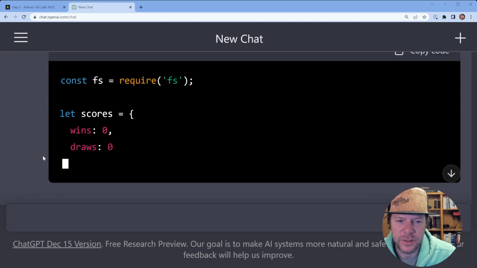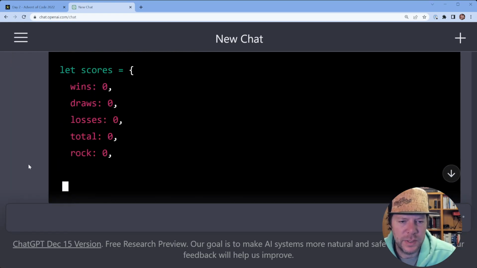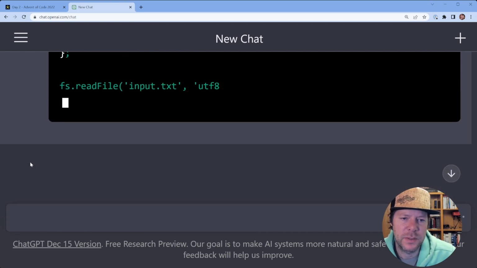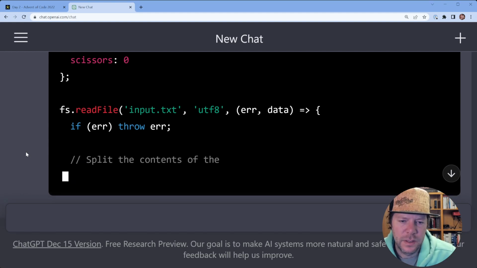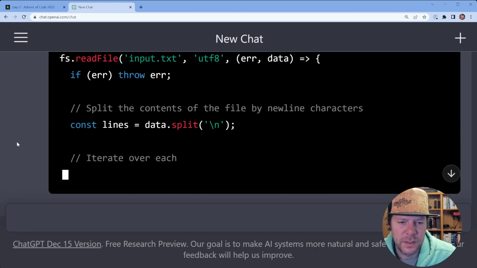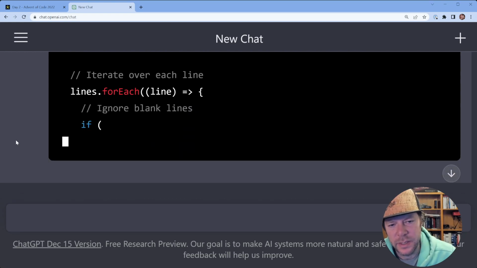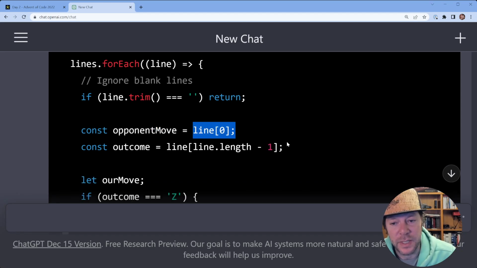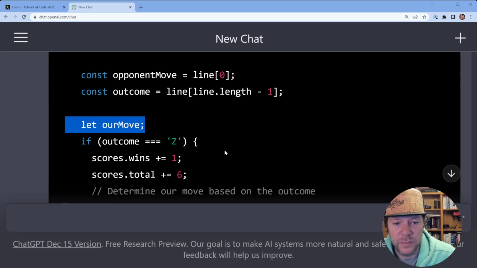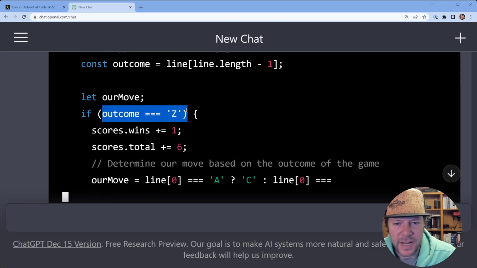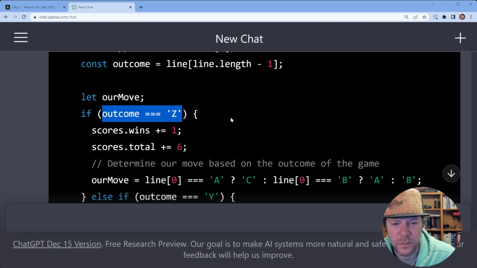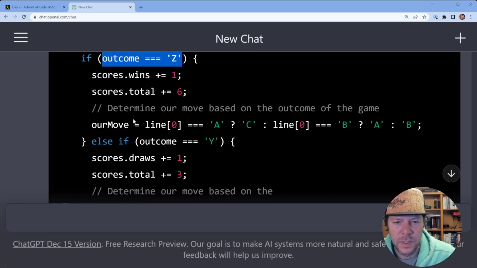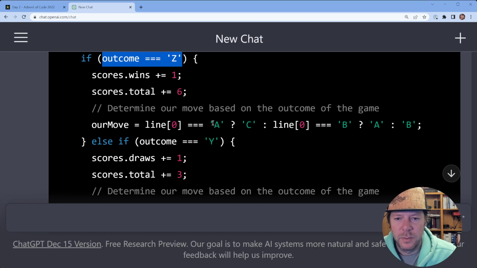All right, it seems to have understood what we said anyway. Wins, draws, losses total, rock, paper, scissors. Split the contents. Iterating over each line, ignoring blank lines. Got the opponent's move from the first character, got the outcome from the last character. Our move, if the outcome is Z, remember that is win. Our move, determine our move based on the outcome of the game. So winning means that if they played rock, paper, scissors,